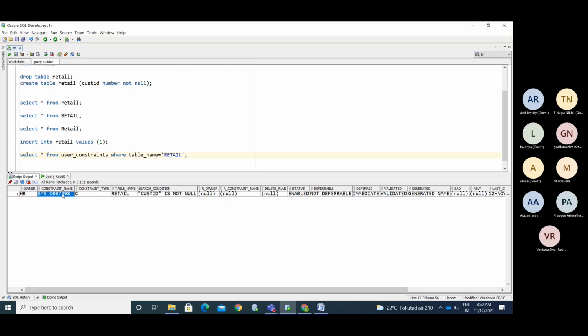Okay, this is the constraint name. I haven't provided any name to this constraint, but there is a name for it. How does it come about? Oracle creates and puts some name for that object instead of you. The system defines the name.